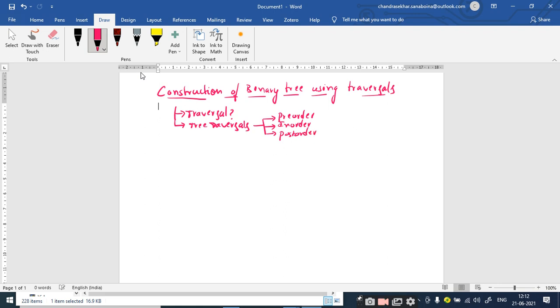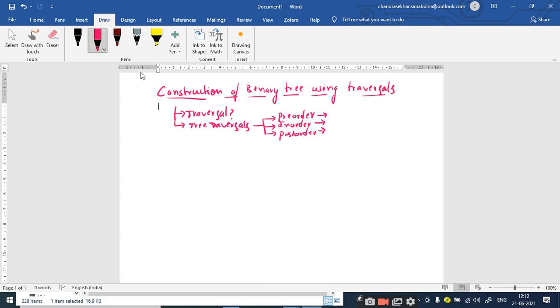On what basis this traversal has been defined? Anybody? Then we visit root node, sir. So when we are going to process the root node, based upon it we are dividing the tree traversals into 3 techniques. When you process the root node as the first step, then it comes under the category of pre-order. When we process the root node after traversing the left subtree and before traversing the right subtree, this is called as in-order. And if you process the root node as the last node, that means after traversing the left subtree and right subtree, we call it as the post-order traversal. We know all these things, right?